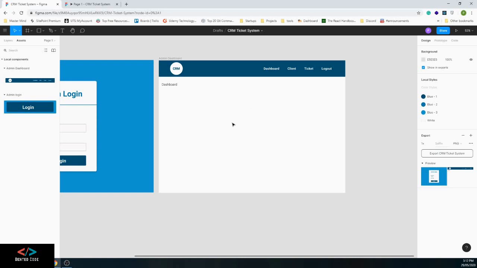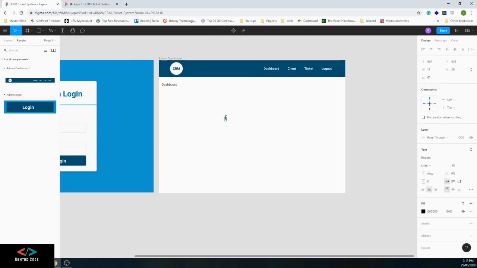In the future you can build something like a graph or visual reporting elements, but for now we're just going to do basic text and number. So here I want to know the total clients. Let's say 500,